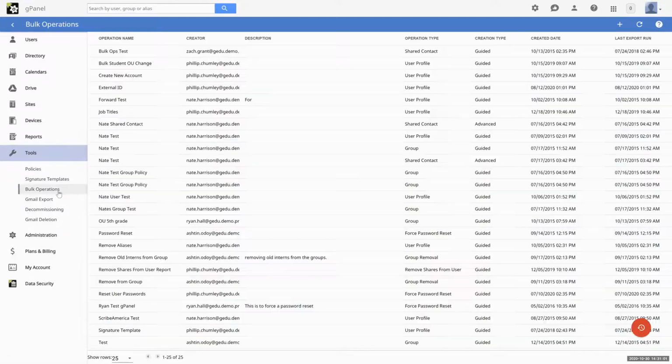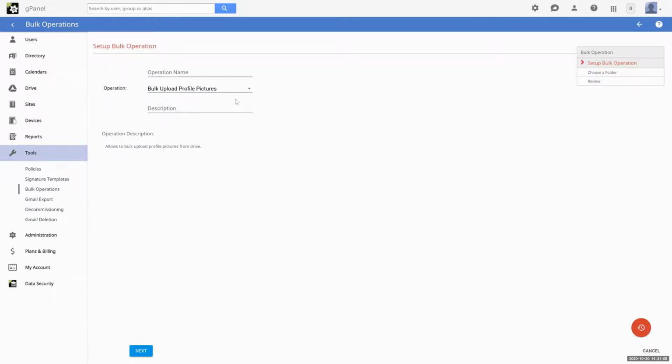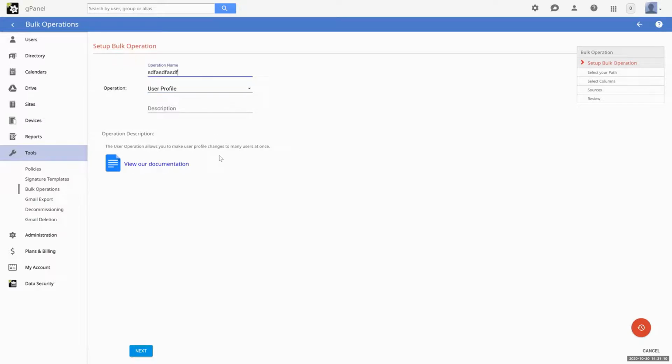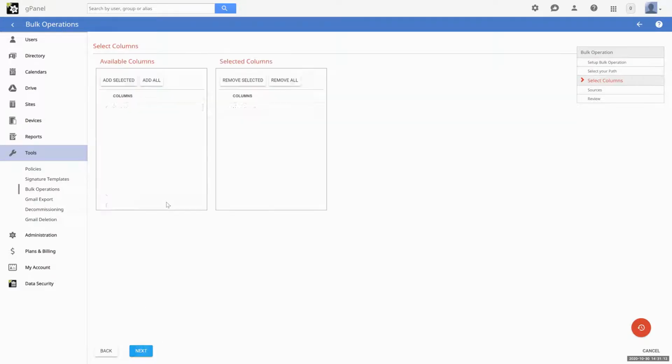Bulk operations. This is going to be one of the most powerful features inside of gPanel. We give you the ability to perform many bulk operations against a user or multiple users at once. What we can do is we can select specific items to be pushed out to a Google Sheet, for instance, job title. Then I can make any changes inside of that Google Sheet and hit one button inside of gPanel. It brings all of those changes back in and makes them across all of Google. So this is not only a very powerful tool to do things in bulk, but it's a great way for you to